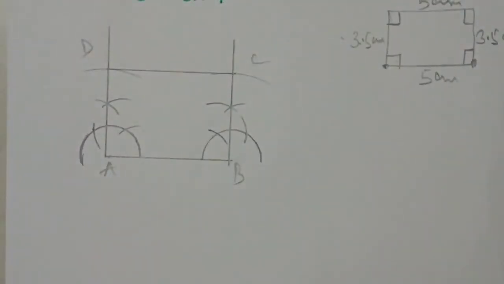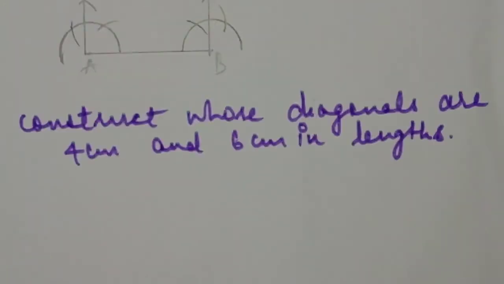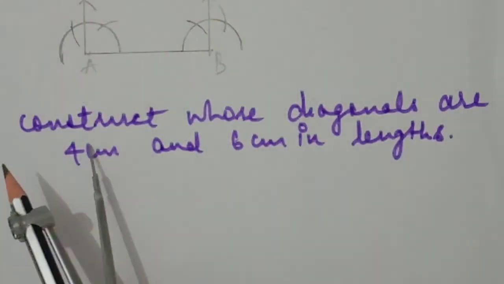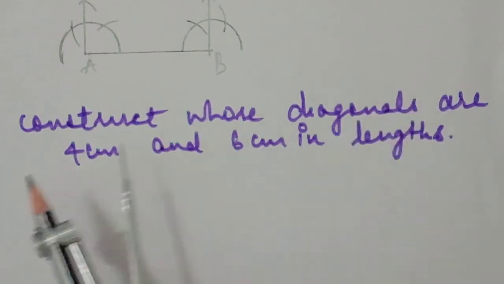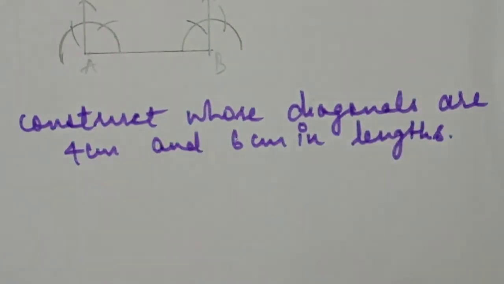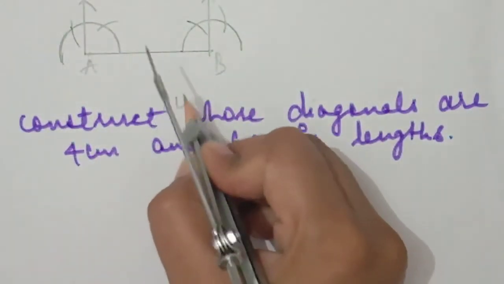This is our required triangle which we want. Now next one is rhombus. So students, next question is: construct a rhombus